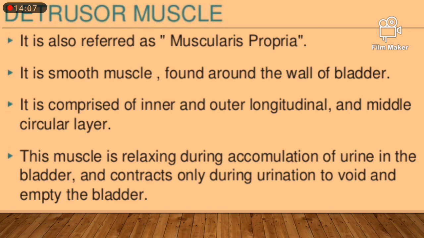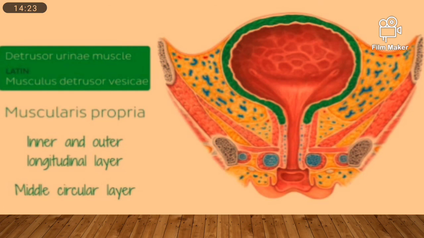the bladder. So the detrusor muscle is one of the muscle layers which you see in any hollow muscular viscera, but this muscle has some special features and special reflexes, as it is related to the micturition reflex. Now coming to the location of this muscle, here you can see this is the location of this muscle, and thus it helps in evacuating the bladder. It has inner and outer longitudinal layers, and there is a middle circular layer.